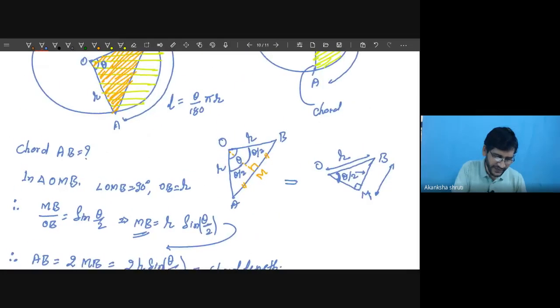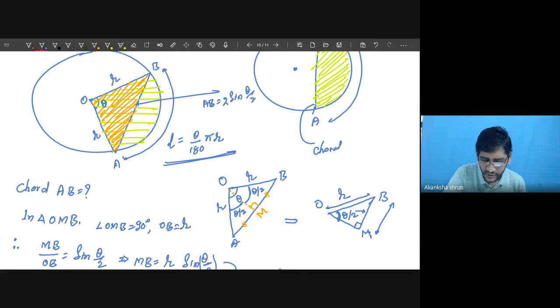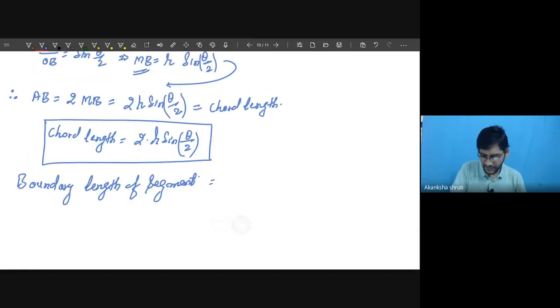So this way, this AB is calculated, and this arc length L we had already calculated. AB right now we have calculated as how much? 2 into R sine of theta by 2. Substitute the R here, means 2R sine of theta by 2. It is this one. So just add it. So this is the chord length